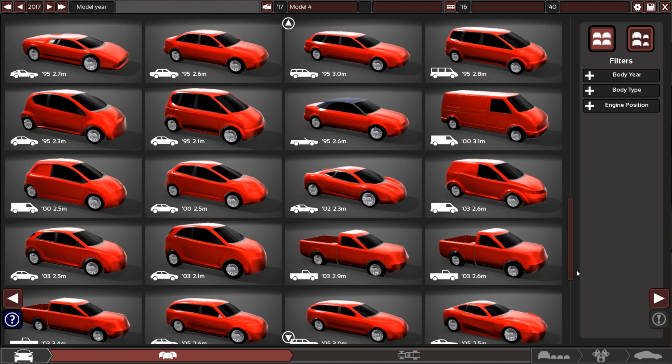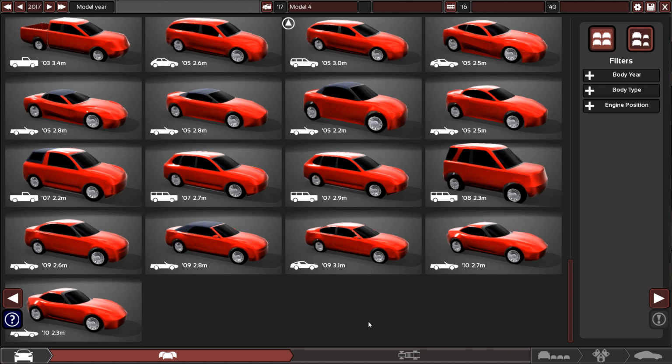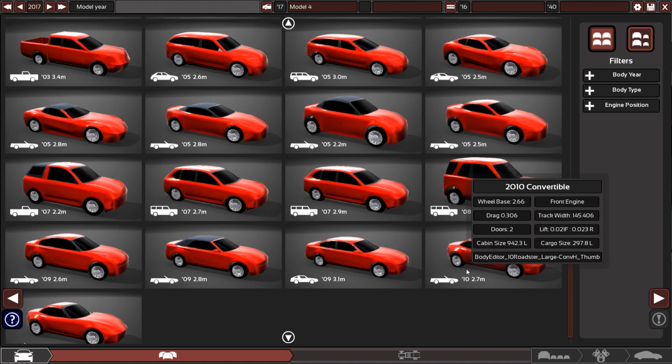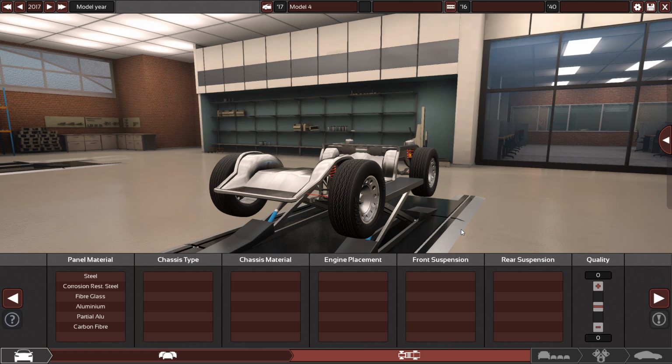Not sure about that. Either way, my only real option in terms of bodies that we can get 7 seats in is going to be the 2007 SUV. I didn't really want to build a super SUV, but it's one of the very few that I can get 7 seats in. So yeah, we're going to have a go with this. No, it's going to be a supercar. It's going to be